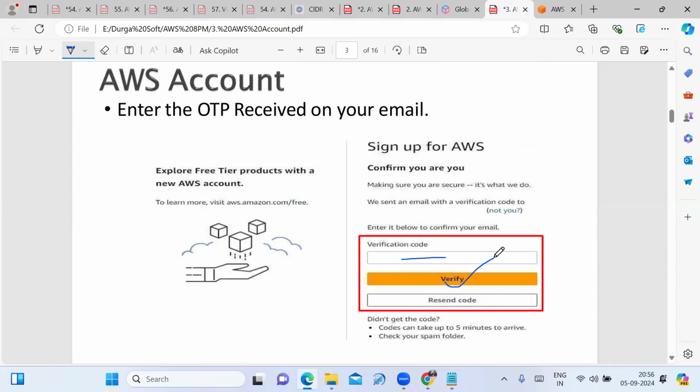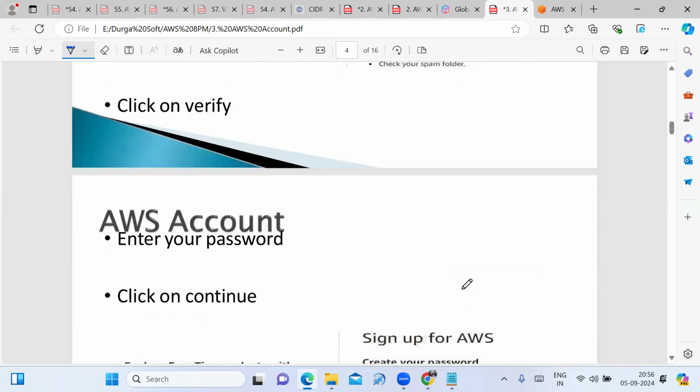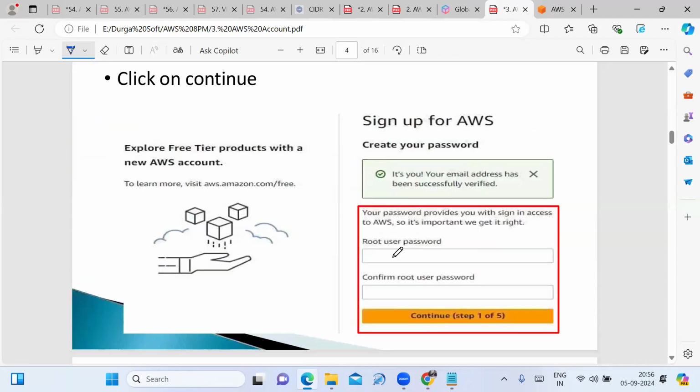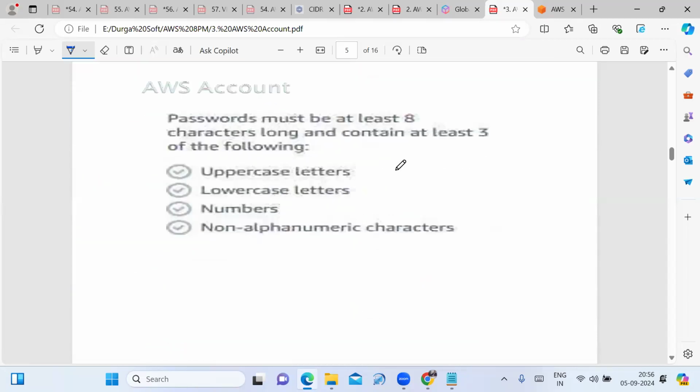After that, it asks you to enter the root user password and confirm your password. Type the password again and then click on continue. See, friends, while giving the password, we have to follow the instructions.